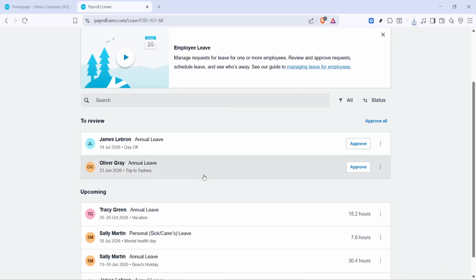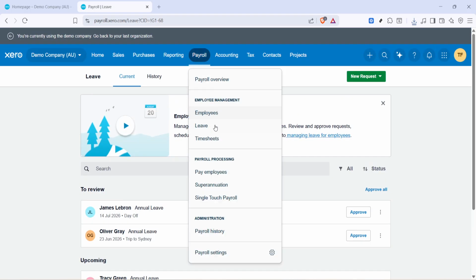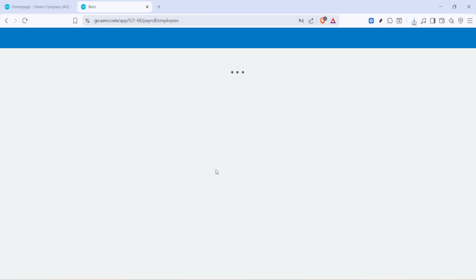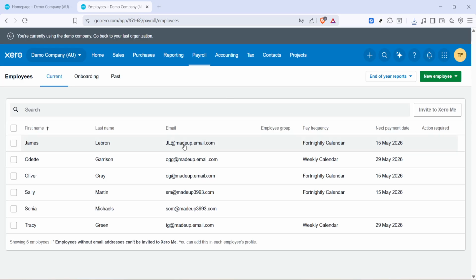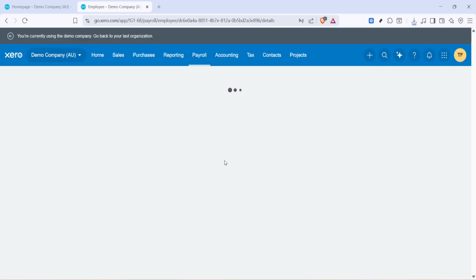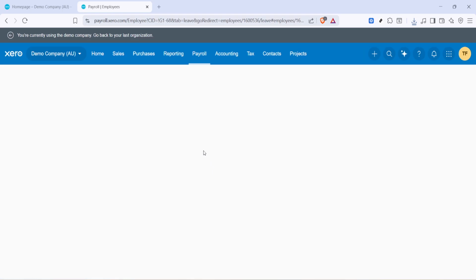Inside the employee's profile, switch to the Leave tab. This is where you manage the types of leave the employee can accrue and take. Click Assign Leave Type to begin setting one up. In the Leave Type dropdown, choose the option that matches your policy or the legislation you are following. For this walkthrough, we'll pick compassionate leave as an example, but the process is the same for other leave types